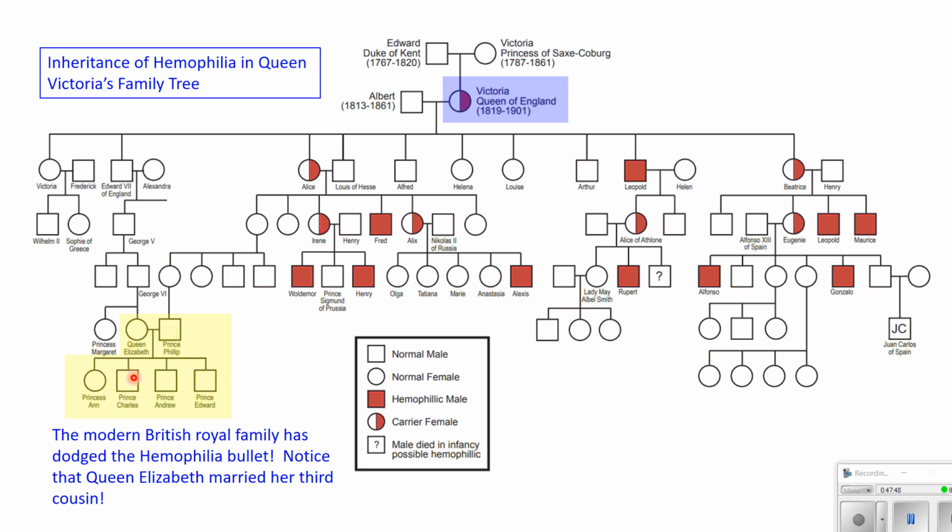Prince Charles is the future king of England here. But notice they have dodged a bullet because this whole wing of the family does not have the hemophilia allele. But notice the other parts of this family certainly do have it, all passed down from Queen Victoria, who was